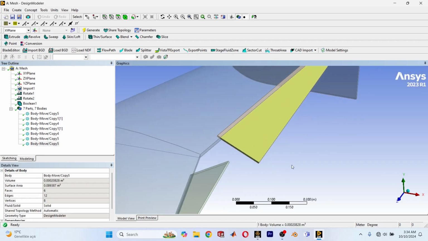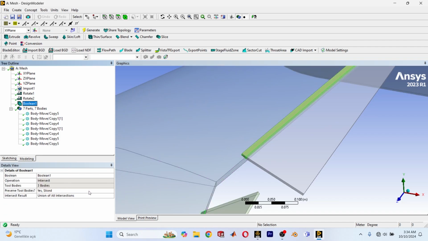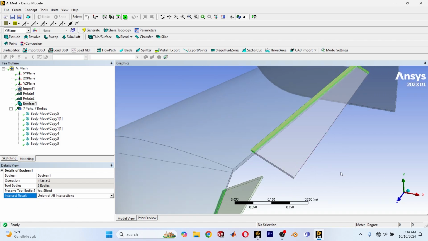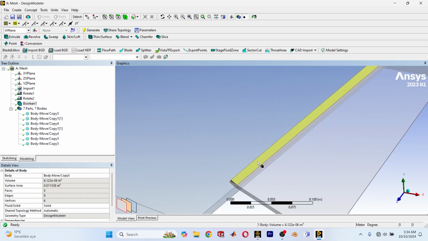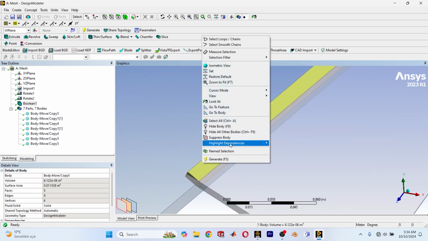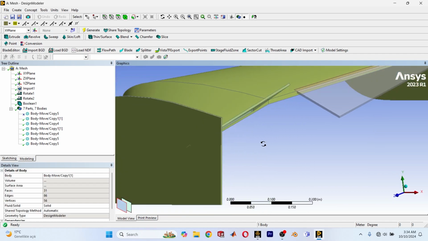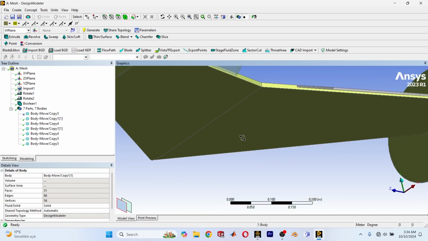Okay, now it works. So we made a boolean. We not just preserved it, but sliced. Okay, and then this is going to be union of all intersections. Now we have these extra bodies. We are going to suppress them. Here we don't have anything. Okay, then